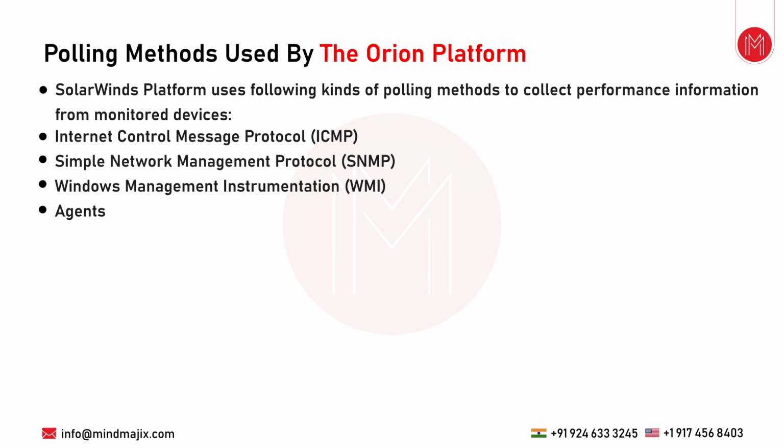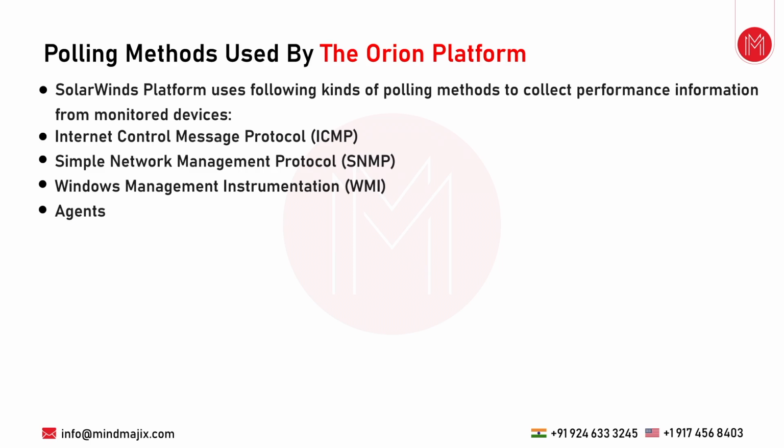So with an agent, we install a piece of SolarWinds software on the servers, and we are able to get the information from it. This agent will collect the information, and it will be sent to the Orion server. And if we don't want to install any agents on the server, then there are agentless protocols like